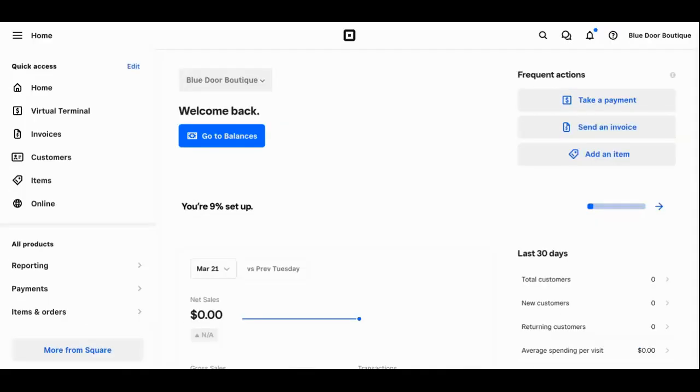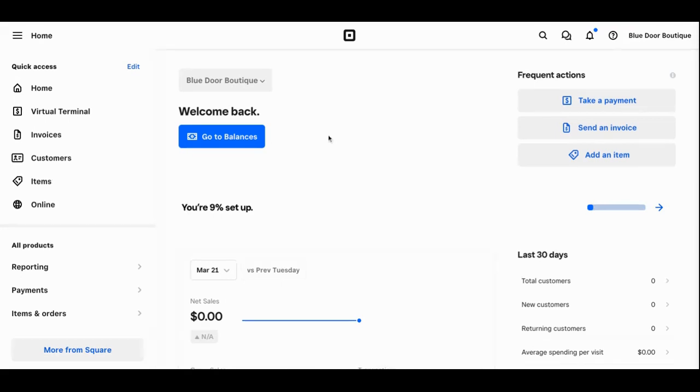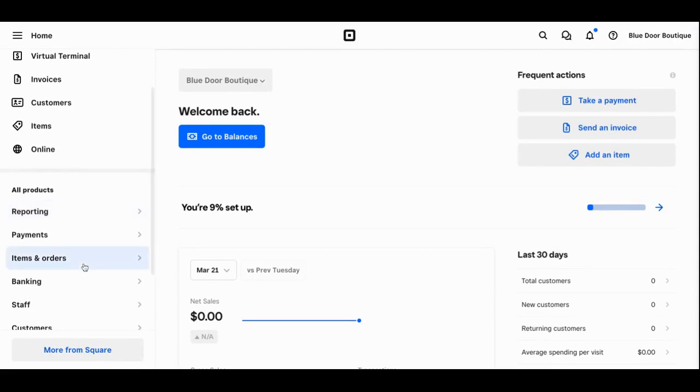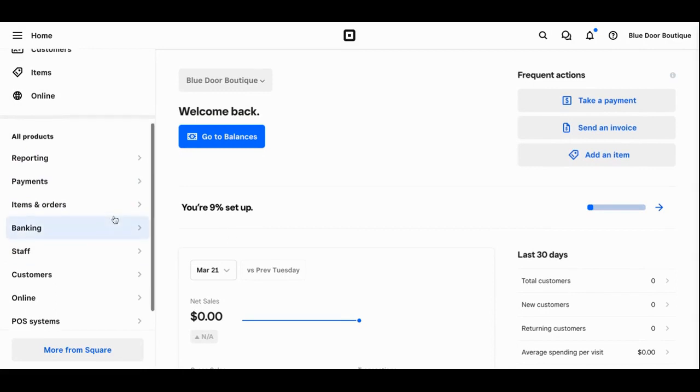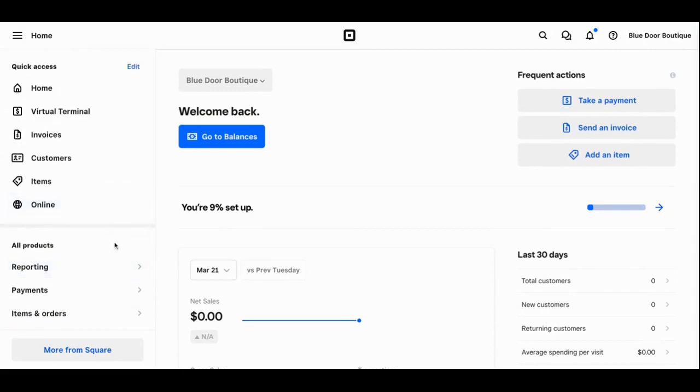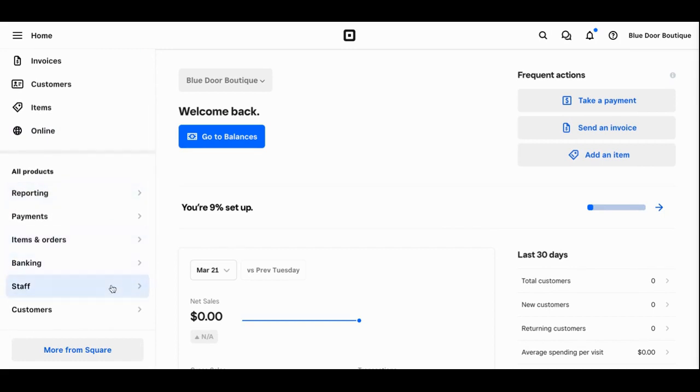Returning back to our original account, now it is time to adjust your store settings. This will include doing things like adding team permissions, setting up email notifications, inputting your receipt settings, tax forms, contracts, and your financial documents. The first thing we're going to look at is your team settings. Here you can set permissions in terms of what your team can access and create roles for your team members. So to do that, you'll return here to your home screen, and then you're going to scroll down and click on Staff. Then you'll click Team,